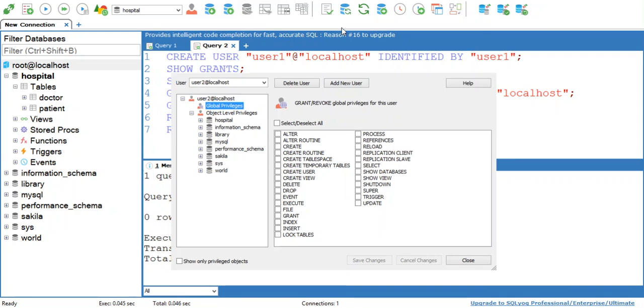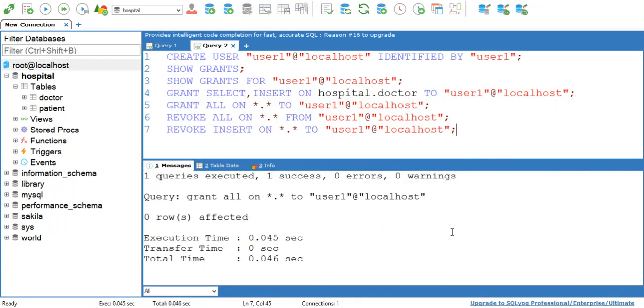We have already seen how to give permissions by using the grant command. Here you can select these permissions. If you select all, then this user can perform all these operations, or else you can select a few operations from the list. Now save changes. Here your second user is created.